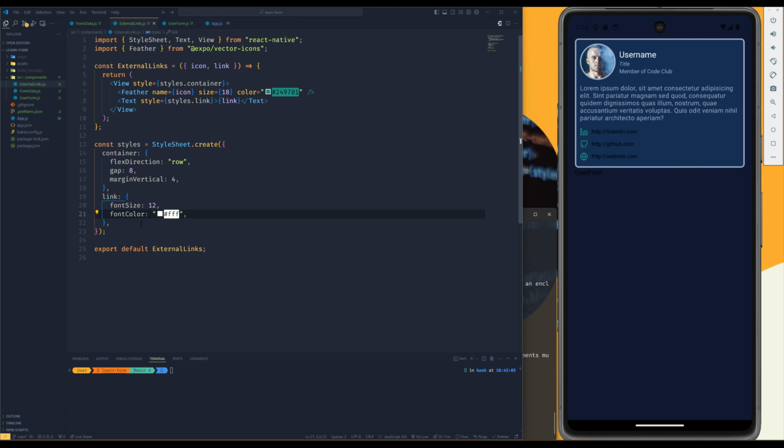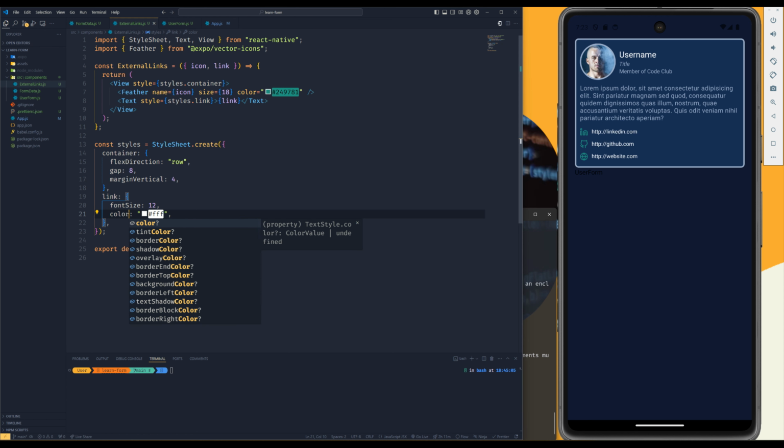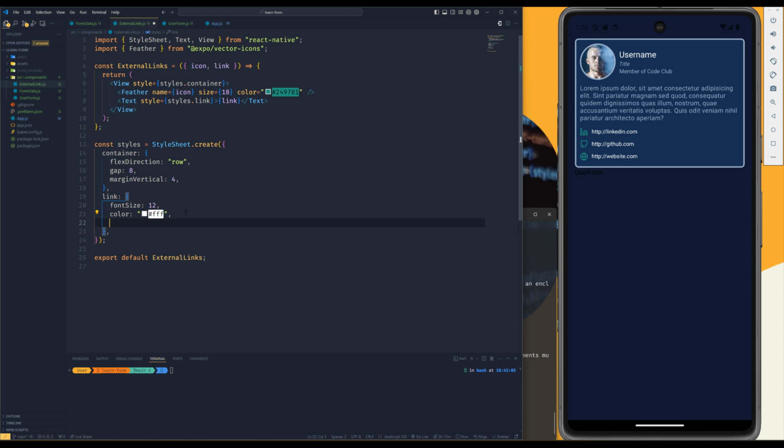Okay. It is not font color, it is just color. And here we go. And let's give some letter spacing, 0.4. Now it's looking better. I think we should give some more spacing between